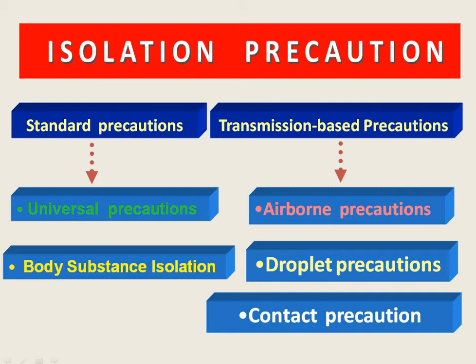Secondly, there are transmission-based precautions, of which there are 2 or 3 types. Number one, the airborne precautions, which apply while coughing or sneezing, and droplet precautions, which also come under the coughing part. And thirdly, the contact precautions, as close contact can lead to infection. In corona, we have dealt with all kinds of infection precaution control which help us curb the infection.